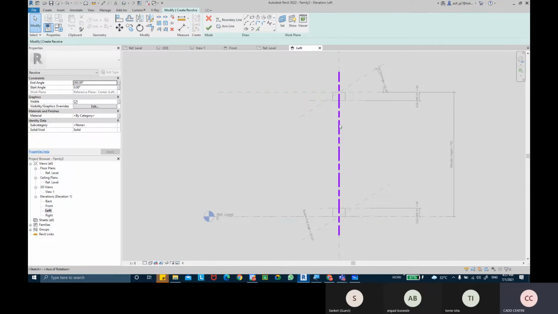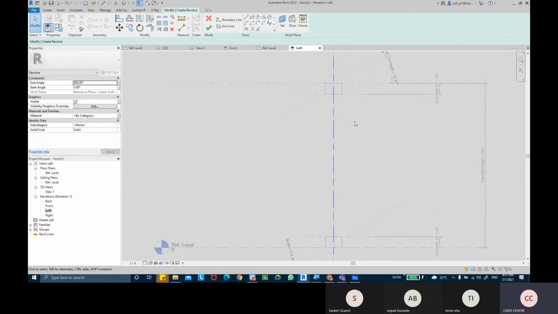And I've locked the sketch line also so that it doesn't move out from the center. Now we are ready to sketch that profile shape.